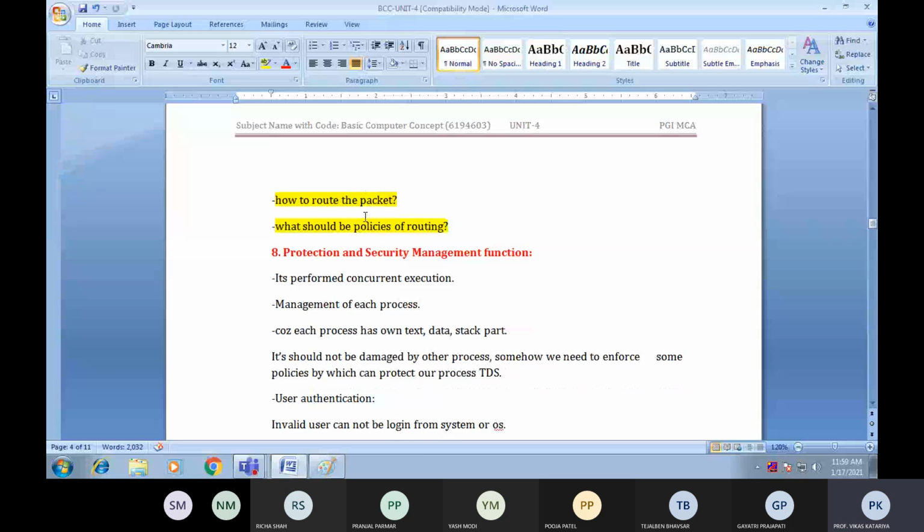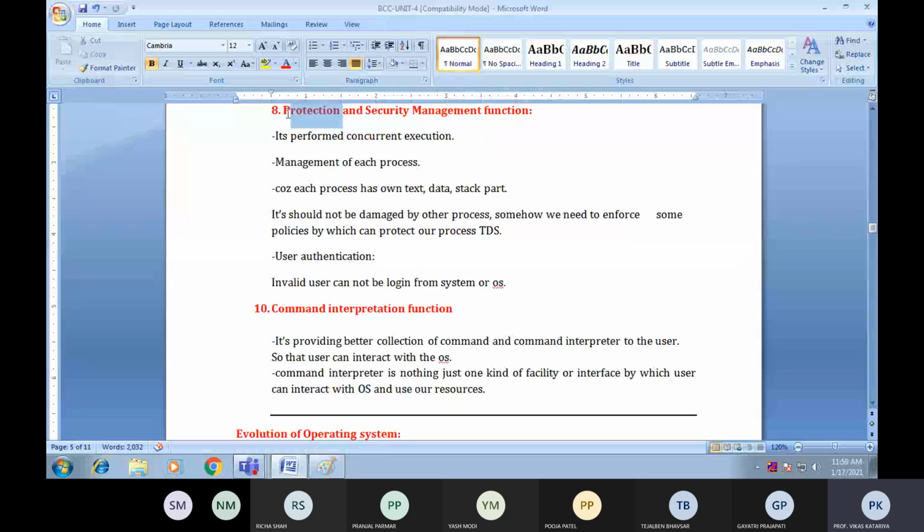नेक्स्ट होता है प्रोटेक्शन एंड सिक्योरिटी मैनेजमेंट। हमें पता है कि हमारा ऑपरेटिंग सिस्टम हमें सिक्योरिटी भी प्रोवाइड करता है और प्रोटेक्शन भी प्रोवाइड करता है। फाइल्स या डायरेक्टरी हम अपने ऑपरेटिंग सिस्टम में बनाते हैं, वो बनाने की भी परमिशन देता है, डिलीट करने की भी परमिशन देता है। साथ ही साथ अगर उसके अंदर कुछ कॉन्फिडेंशियल वर्क है तो उसे वो प्रोटेक्शन और सिक्योरिटी भी देता है। इसके लिए आप कई सारे एंटीवायरस भी यूज करते हो, जिसके कारण आपकी फाइल्स और डायरेक्टरी प्रोटेक्टेड रहती है। साथ ही साथ आपको अगर फाइल पर एक्स्ट्रा सिक्योरिटी अप्लाई करनी है तो आप उसके ऊपर पासवर्ड भी डाल सकते हैं, उसको रीड ओनली मोड में भी बना सकते हो।